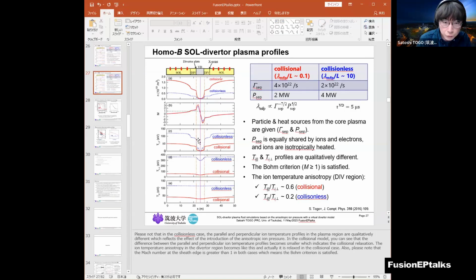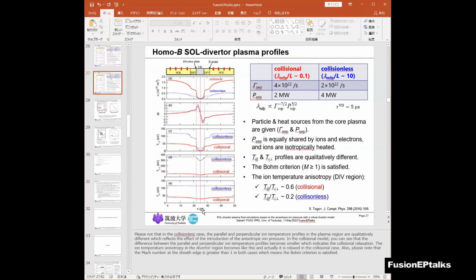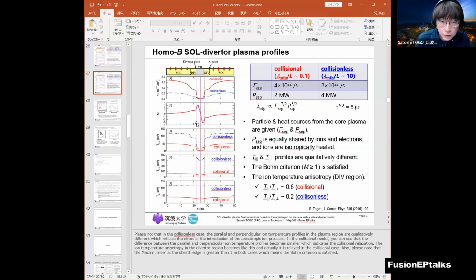Which one do you mean? This one? Yes, on the x-axis, the S is the physical length in meters. But in between these orange lines, we have a virtual divertor region, and here we have